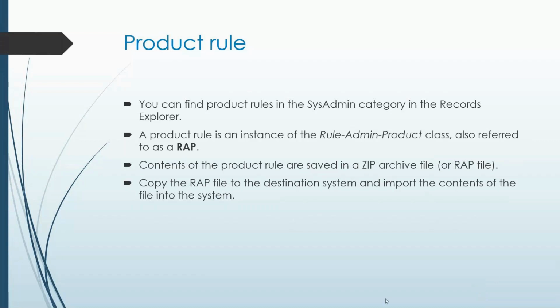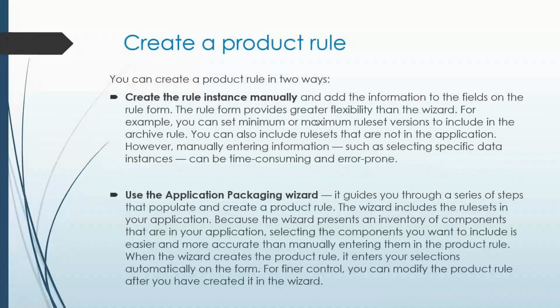Now let's see how we would be able to create this product rule. How can I create it? Because the product rule, when I say it, has to consist of all the details of the application. Considering we are doing it for the very first time, there's no copy of my application available anywhere. So I should include all the available rules and all the access groups, operators, work queues, work groups, everything. Everything literally has to be included in my product rule.